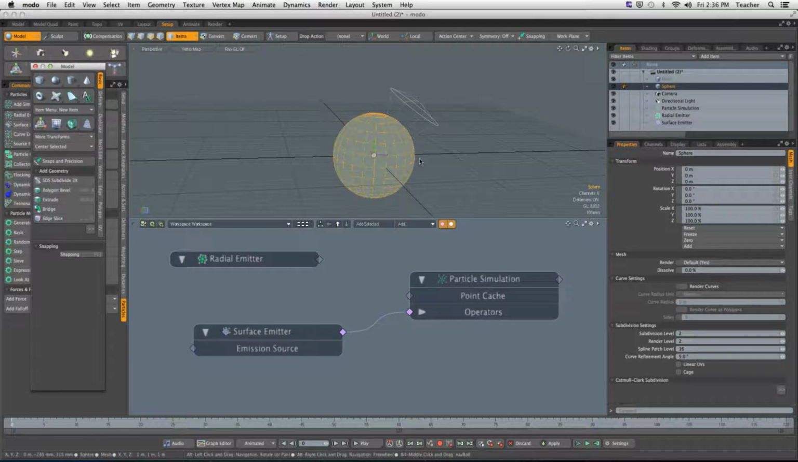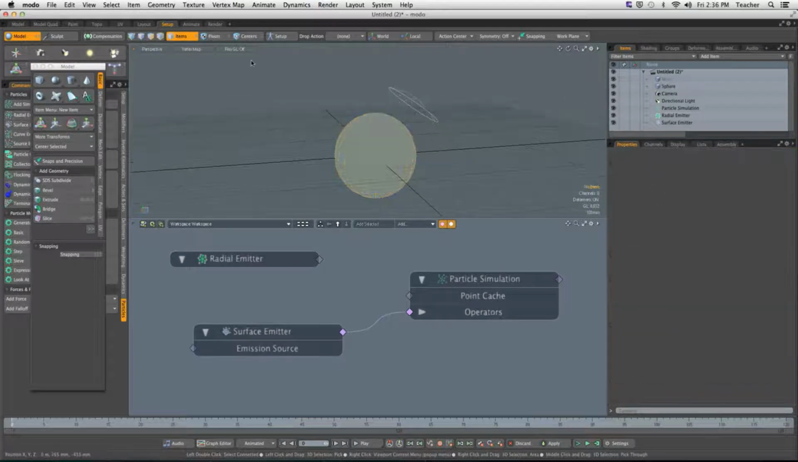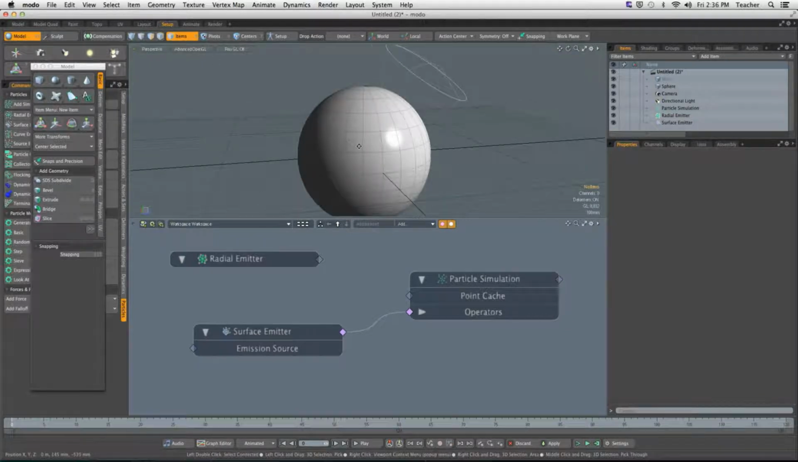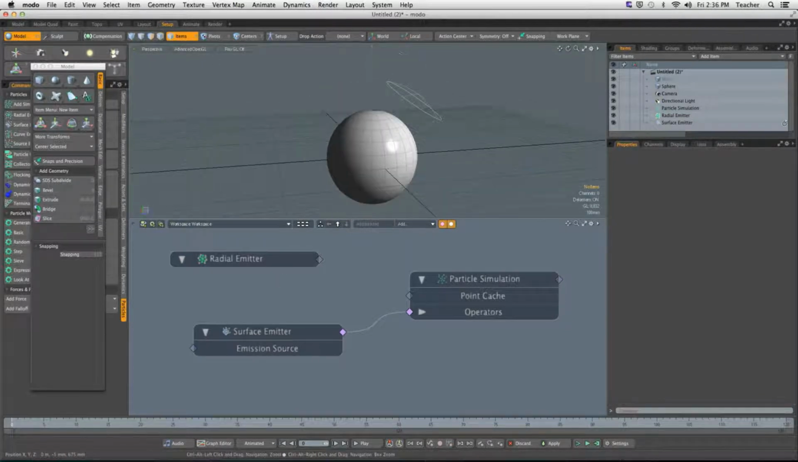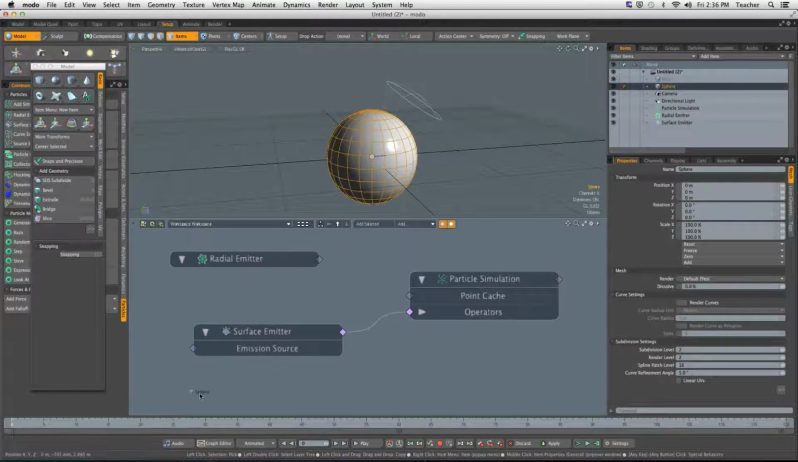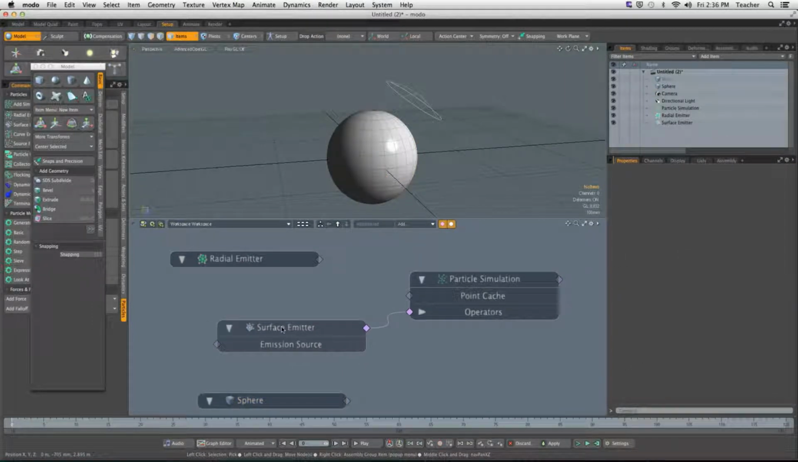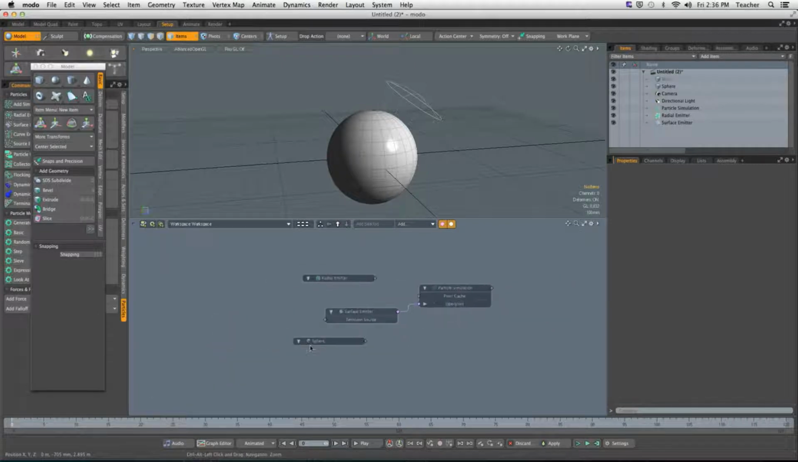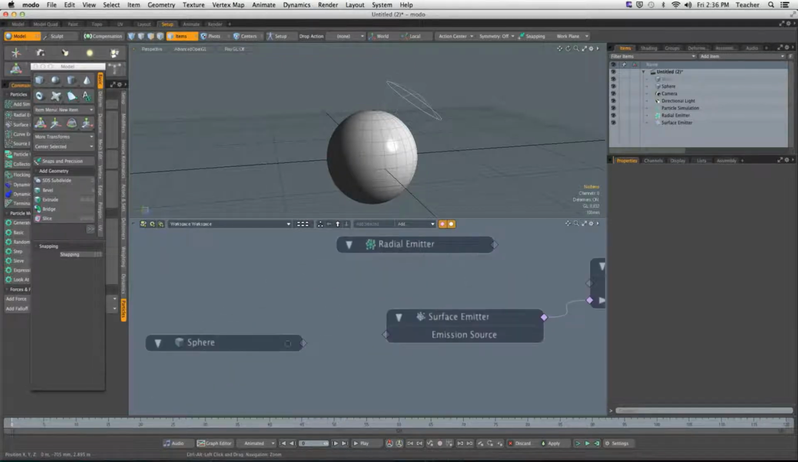Let's change it to advanced OpenGL here. There we go. And let's drag in that sphere, which is its own dedicated mesh item, into my schematic. There it is. Okay. Now we can plug in the sphere as the emission source for our surface emitter. Boom. Okay. So now when we run our particle simulation,